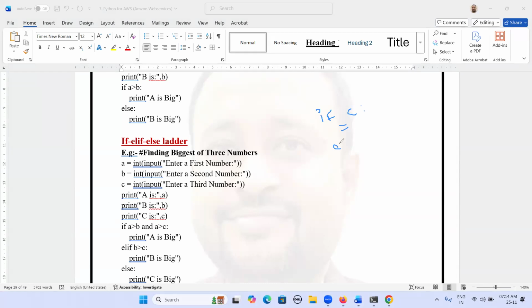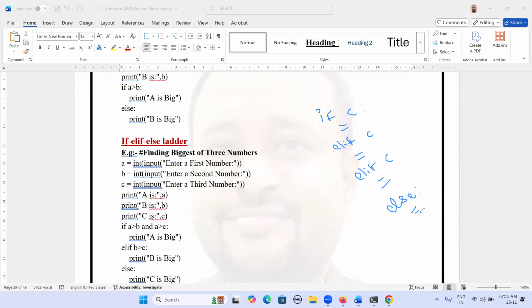Else, elif, again condition, statements. Again elif, condition and statement. And finally, we write else statement. And here we write the statements.